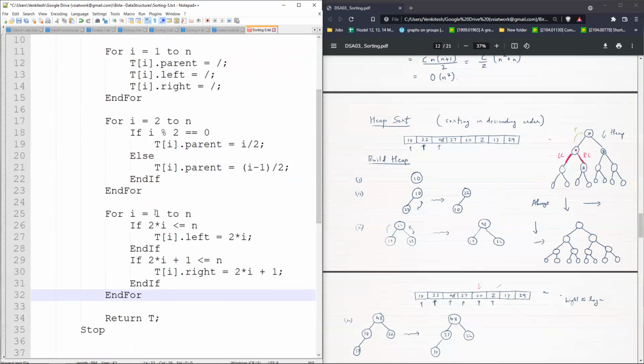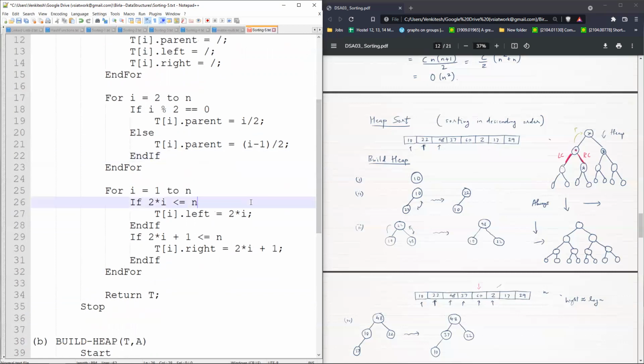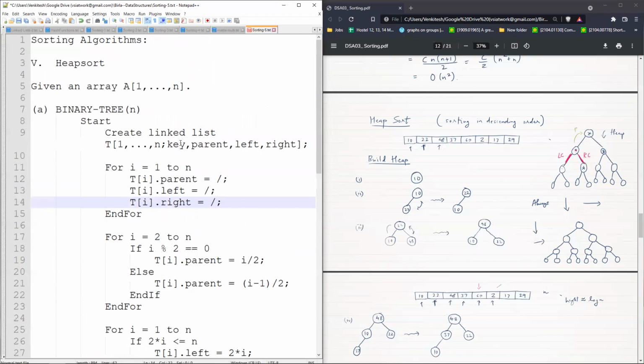So once again, we vary over all vertices, I going from 1 to n. Okay, the left child will be 2i, but it should exist. So 2i should be less than or equal to n. So if 2i is less than or equal to n, the left child is 2 times I. And the right child, which is supposed to be 2i plus 1, if this is less than or equal to n, the right child exists. So then we will set it to 2 times I plus 1. The remaining pointers, whenever these conditions fail, are already set to empty beforehand. Okay, and therefore we are ready. So this completes the setting of all pointers.